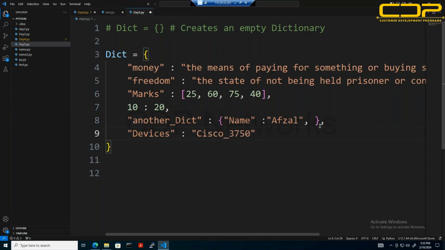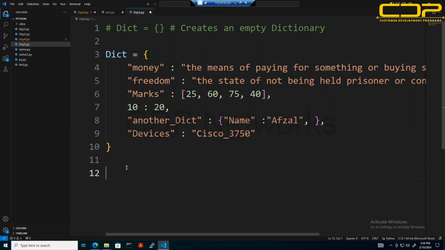Okay. So one year back we were using a Cisco switch that is 3750, but now for some reason we have thrown it due to some end of life or something, maybe anything, and now we are using 4750. So we cannot modify the old dictionary. So now if we want to update with the new value,